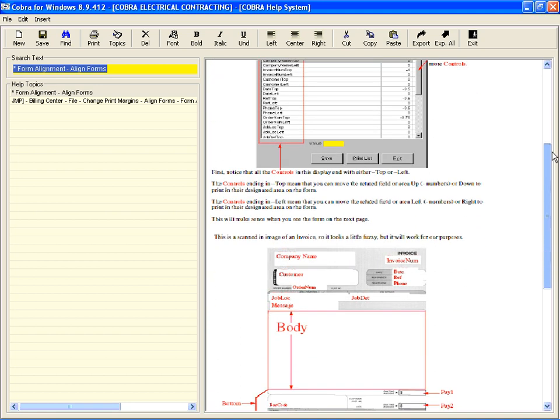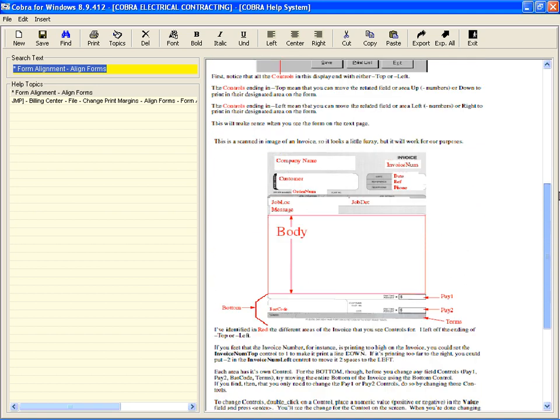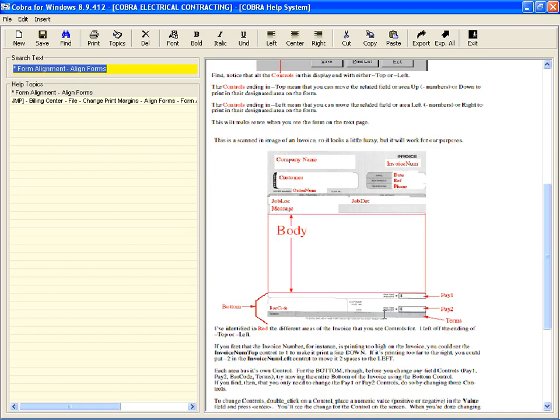But the idea here is that when we look at an invoice form, we've defined the different areas. What is the bottom of the form? What is the pay 1, the pay 2? And all these in red are the different fields and areas that are controlled by those margin options. So when we